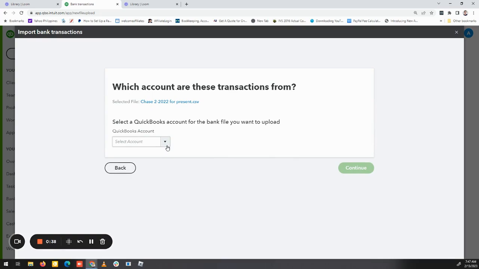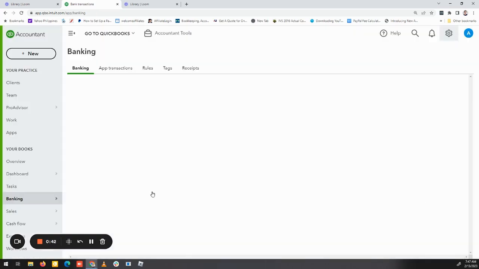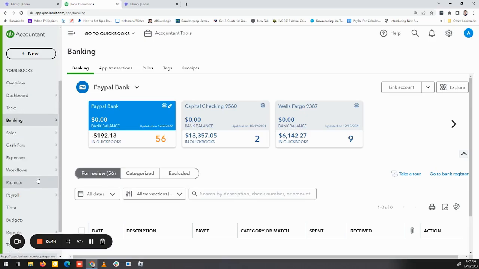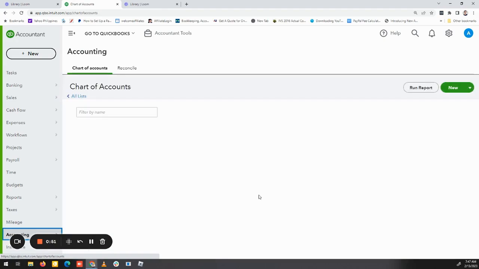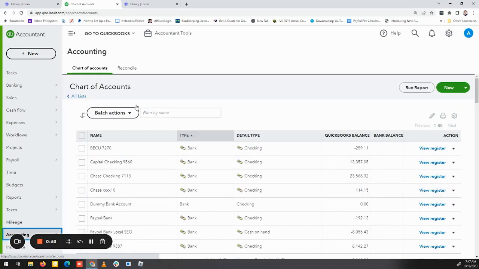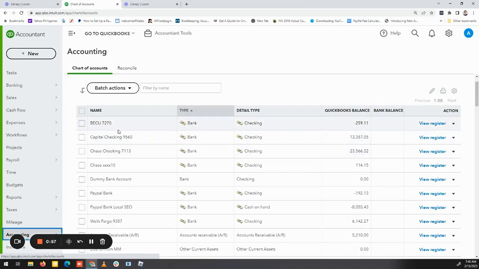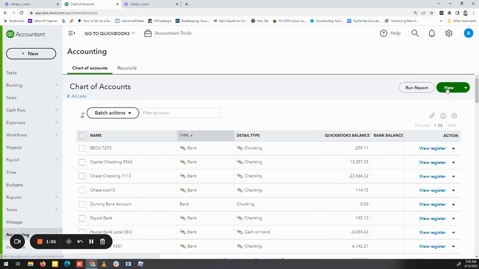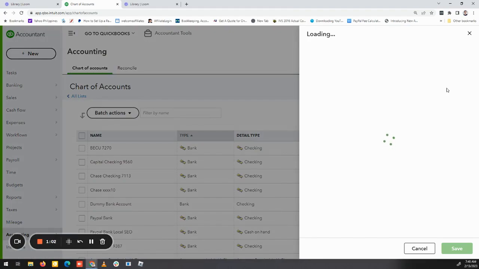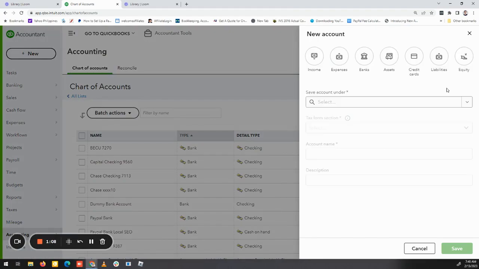Okay, so before you do this, before I forget, you have to make sure that you have created the bank account inside your chart of accounts. Okay, so upon checking here, we have not yet created the bank account. Okay, so this is Chase.